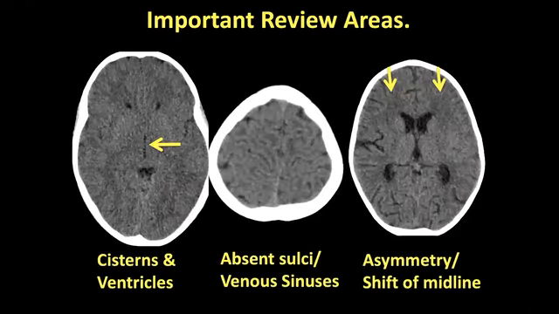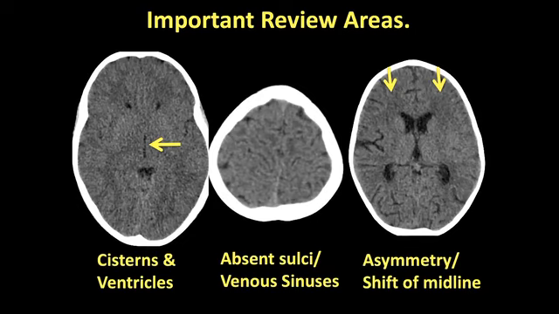Just remember on CT, we've got important review areas. And I know for a lot of you that are doing this routinely, you'll go, well, we see this all the time, but just remember for those trainees that are not looking at a lot of CT brains in children, children have got much tighter, and I put that in inverted commas, appearing brains because they do not have atrophy or age-related changes. So you need to look for additional features of potential edema or swelling.